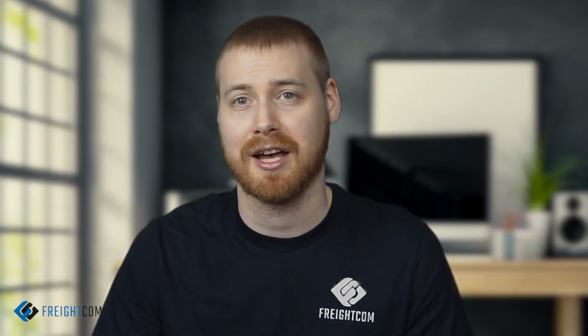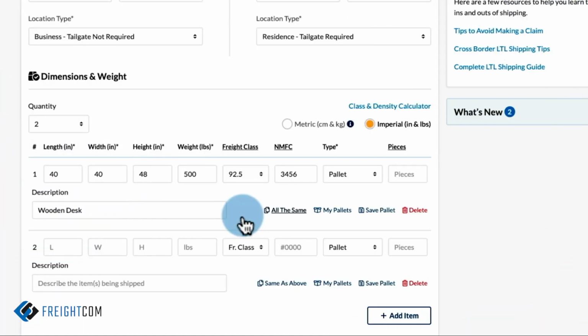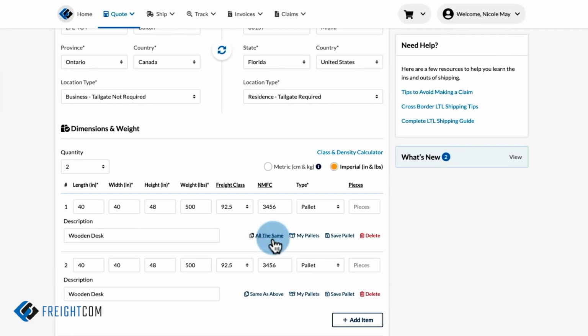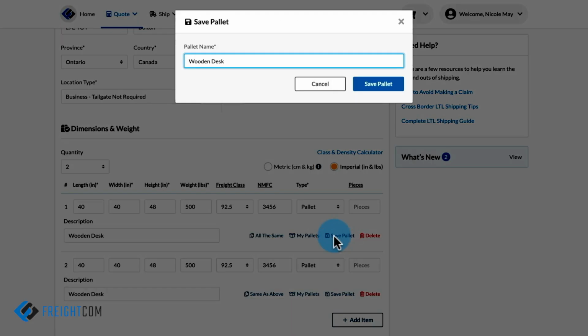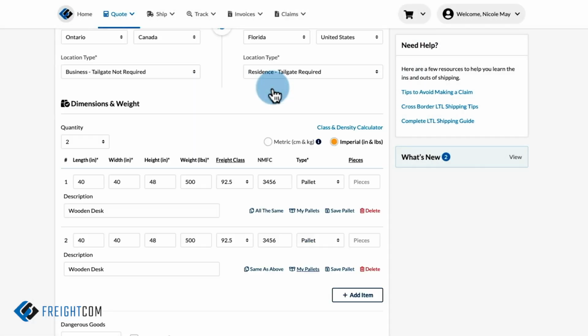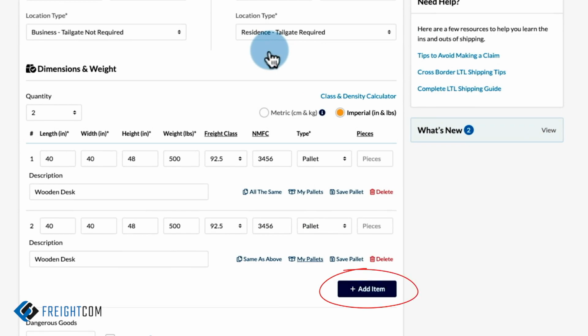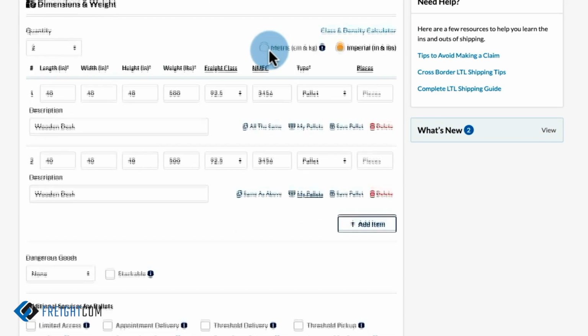Here are a couple tips to help save you some time when creating your quote. If you're shipping multiple identical pallets, click All the Same. If you want to save the details of your pallet for future quotes, click Save Pallet. You can now select this pallet or any of your saved pallets from the My Pallets link. If you need to add more items to your quote, click the Add Item button and repeat the steps previously